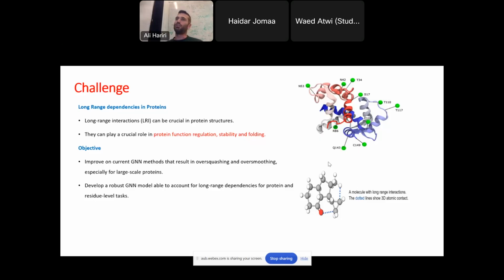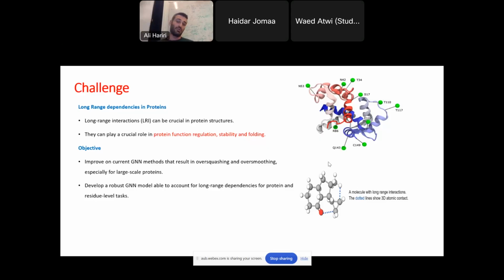Second, it is known in the domain that sometimes within the protein, there is long distance communication between the residues and the atoms that plays a role in the folding of the protein, in the activation of some pathways that scientists try to discern, to analyze, in order to understand the protein dynamics better and the protein function better. So not only do they exist, but they are also important to extract for a better understanding of this protein.